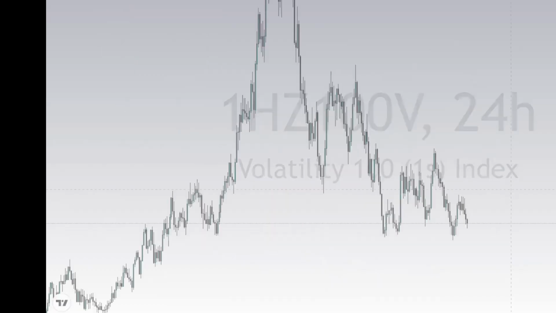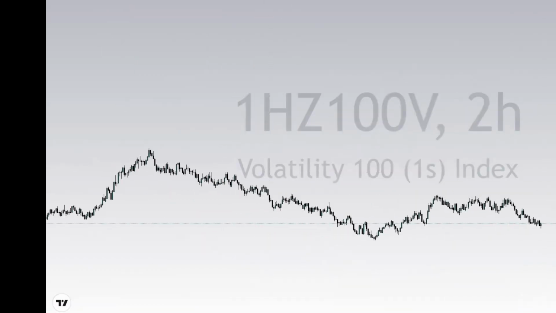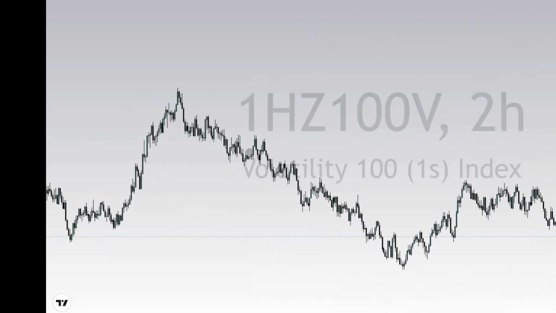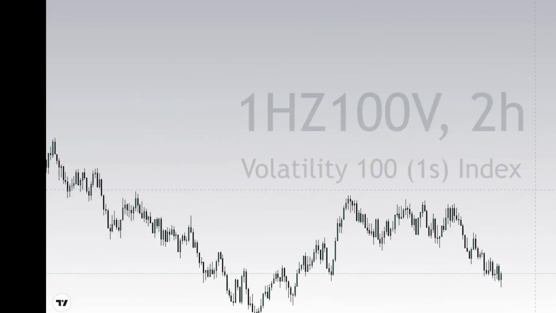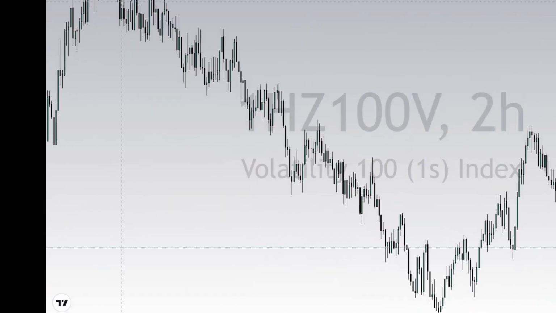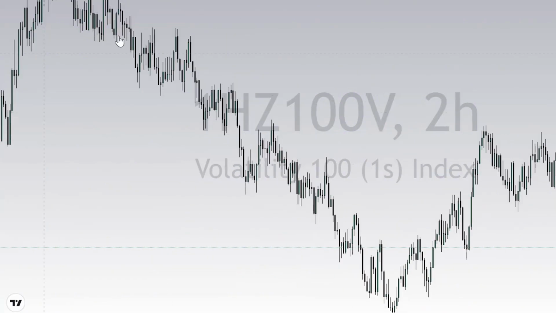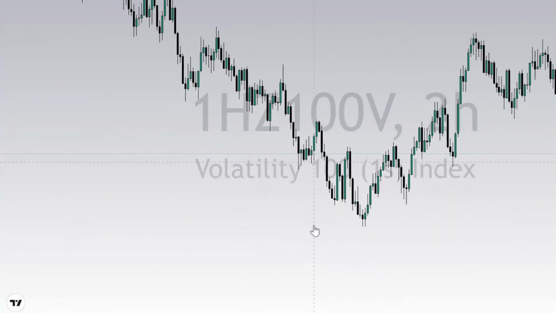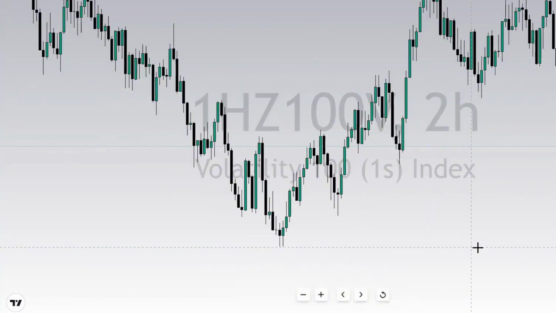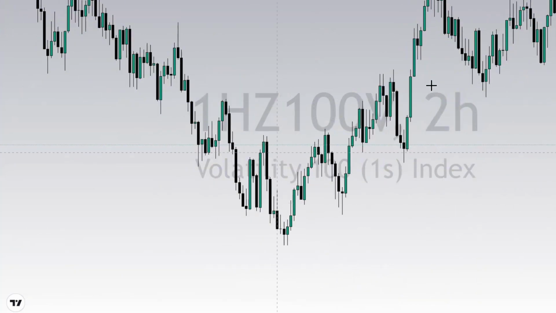So this is Volatility 10 1s. Let's check the 2 hours time frame. All right, you can see that we had this impulse to the downside. Market has been giving us a series of lower highs, lower lows to the downside. And where we had the last break of structure before market turned for this retracement was this low.